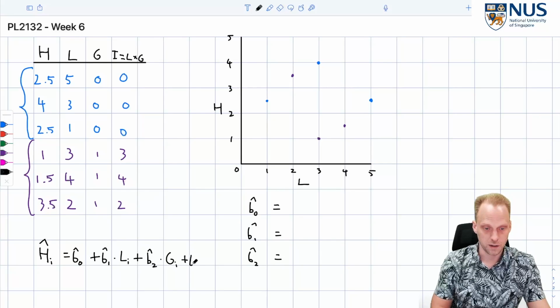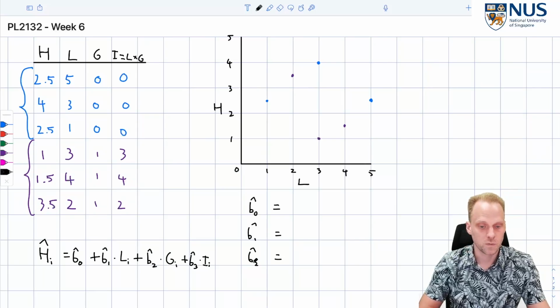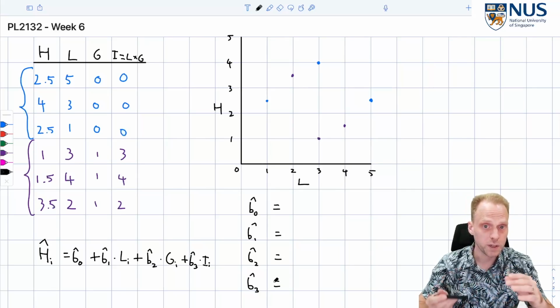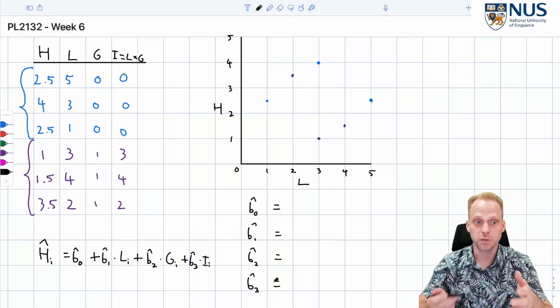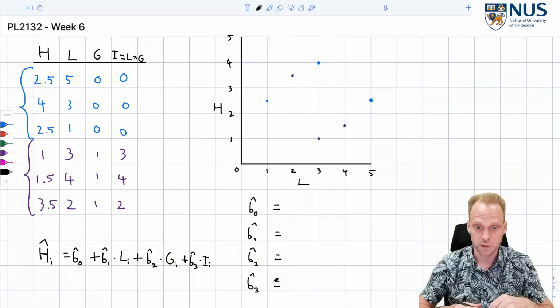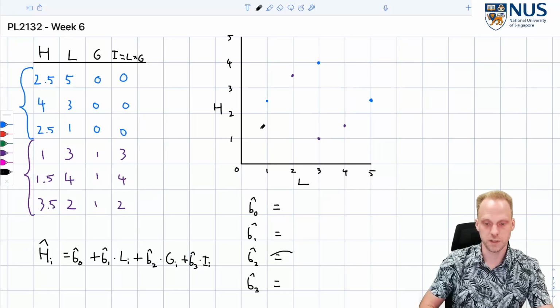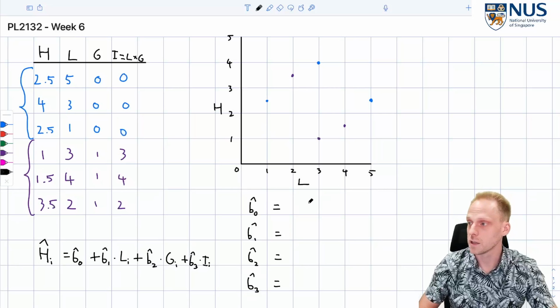I add a third parameter times this interaction effect. And then what will happen is I will get also a third estimate. Now, these again will be different from what we estimated before, because it is a different model. There's different parameters, so you'll get something different. In this case, what happens is if you run this in JASP, we would get the estimates,